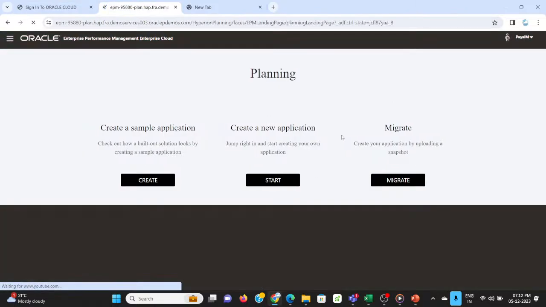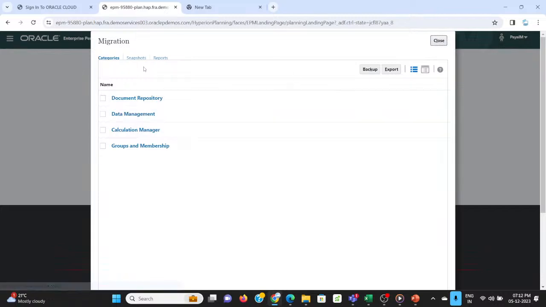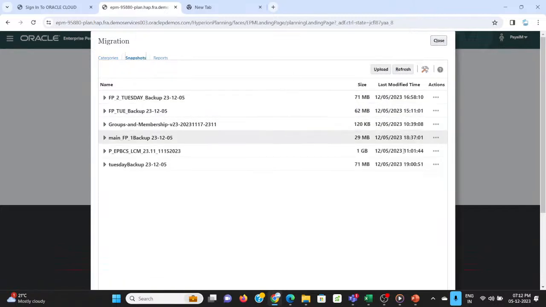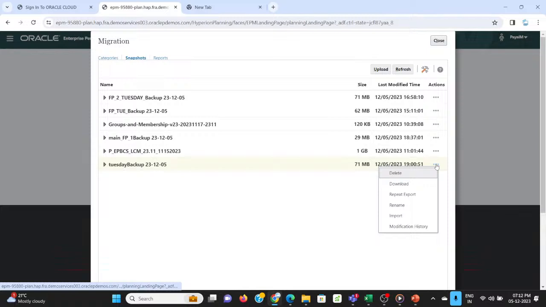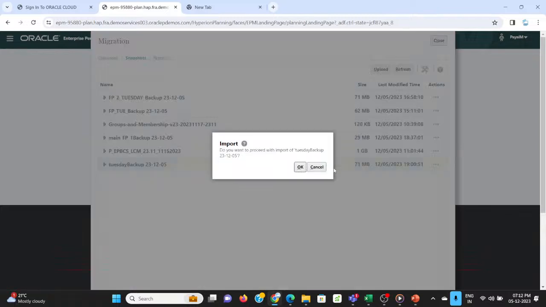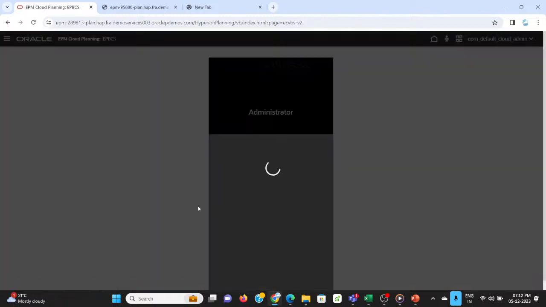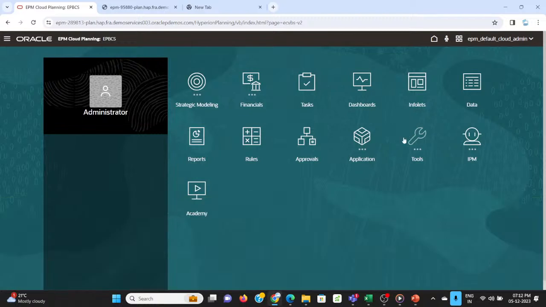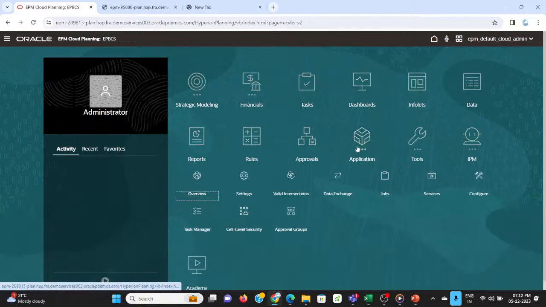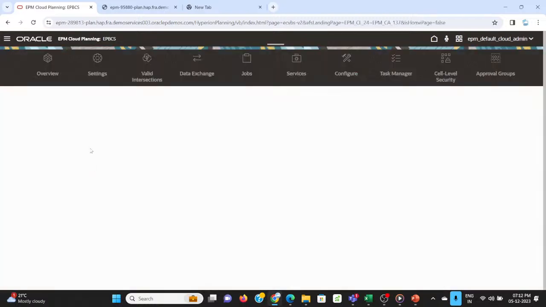Here I will migrate my application which we created yesterday. Okay, let's configure our workforce module again. Configure,